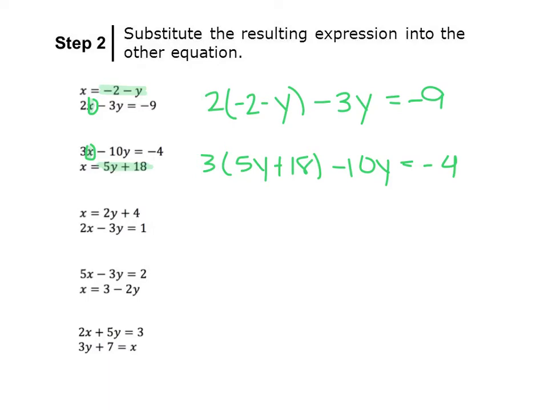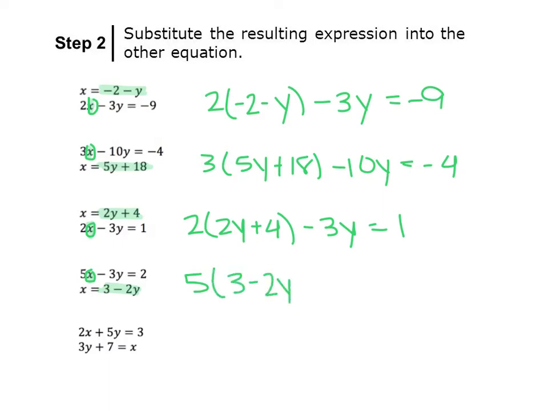Or in the next one, x is 2y plus 4. So I'm going to replace my x with 2y plus 4. So it's going to look like 2 times, instead of x, I need 2y plus 4, minus 3y equals 1. Or the next one, if x is 3 minus 2y, that means I can replace x with 3 minus 2y. So it looks like 5, and instead of x, we're putting 3 minus 2y, and then still have minus 3y